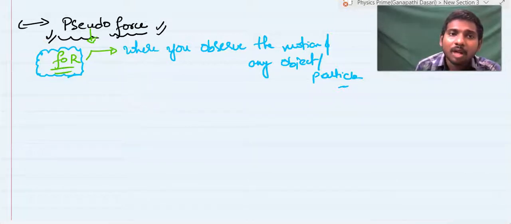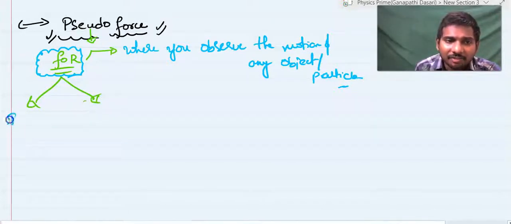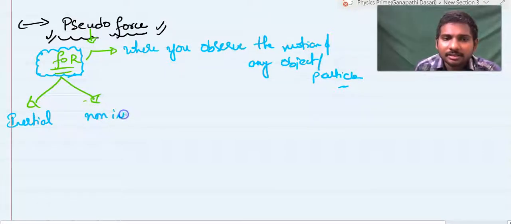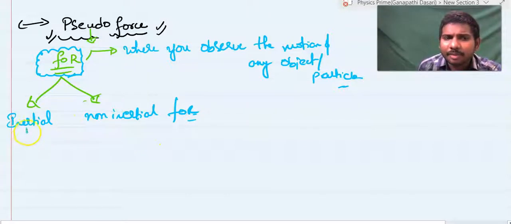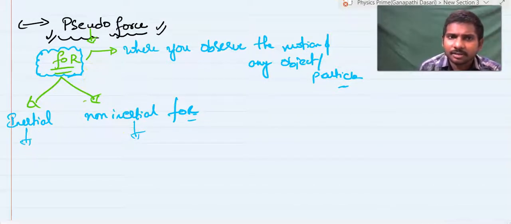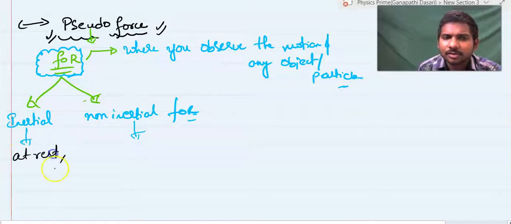Then what kind of frame of reference will be there? There are two kinds of frame of reference. One is inertial frame of reference and other is non-inertial frame of reference. What is inertial frame of reference? What is non-inertial frame of reference? Inertial frame of reference is the reference frame which is at rest or in uniform motion,